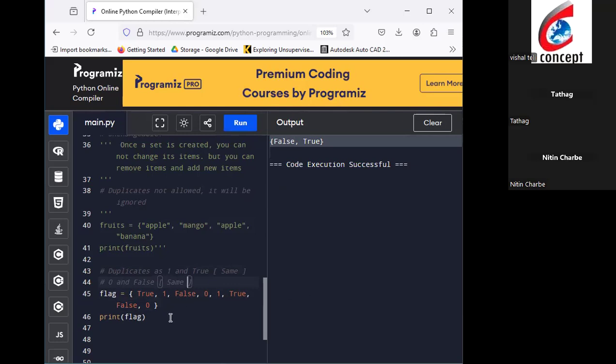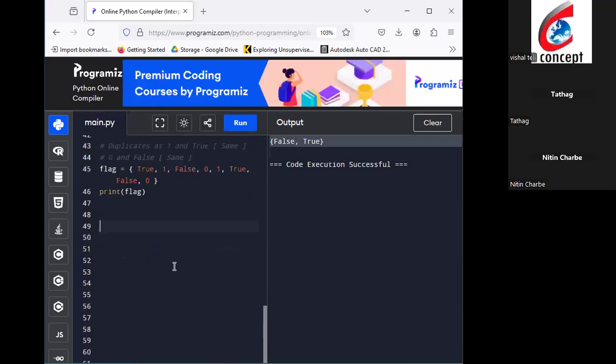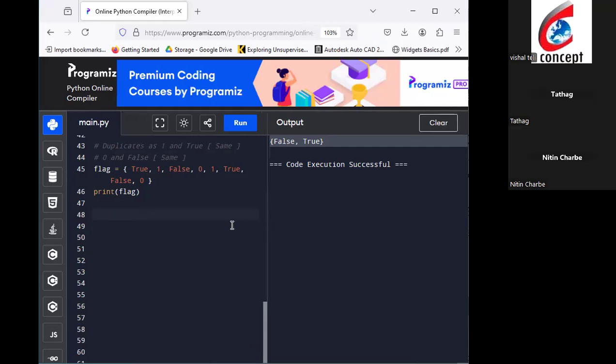You understand? And now let's go to the next part, which is finding the length of the tuple. That is our objective. Let's say finding the length of the list or set. So how to do that? The len function is the same for set, list and tuple. So first we copy this